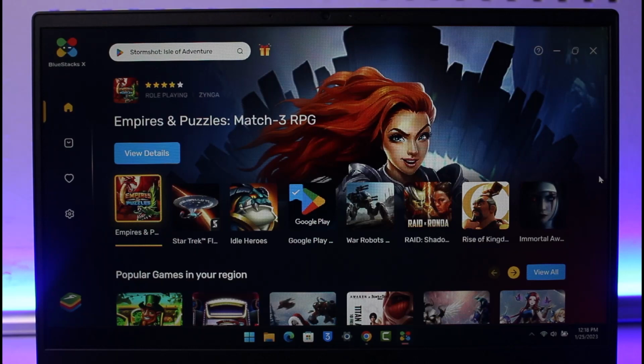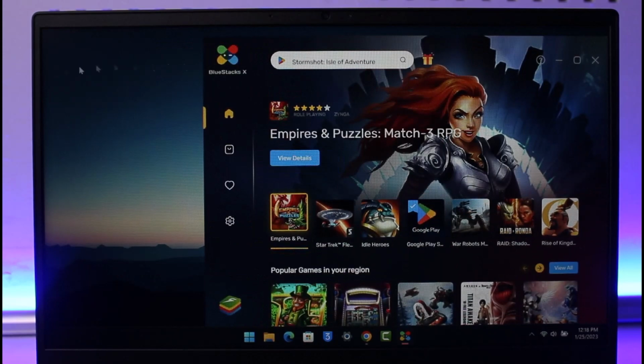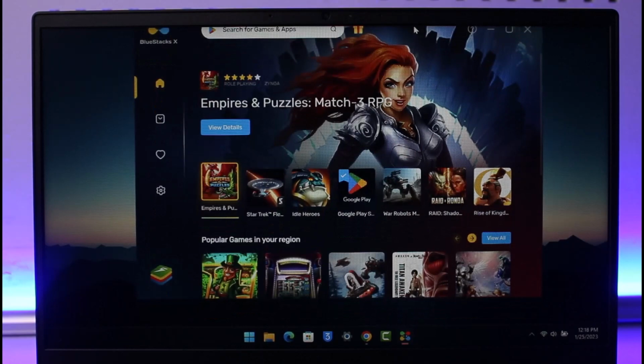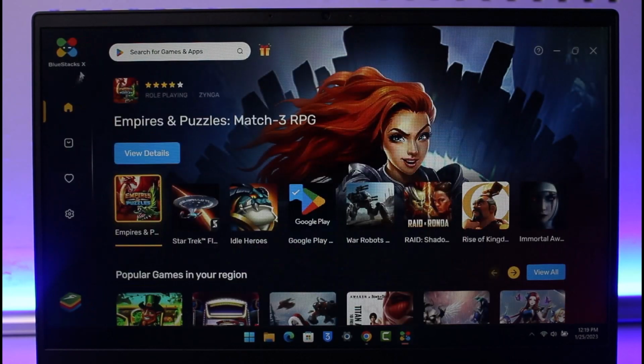In order to download Trust Wallet app, first of all, you need to download this Android emulator called BlueStacks. There are lots of Android emulators, but BlueStacks is obviously the best working one. I'll make sure to drop a direct link below to run the BlueStacks application, and once you download BlueStacks,